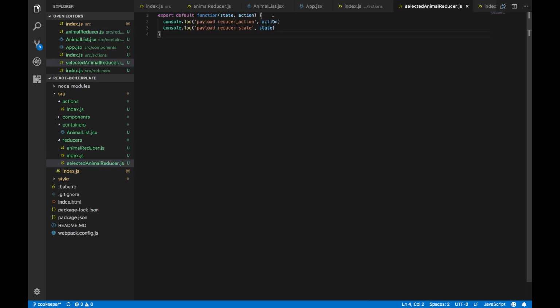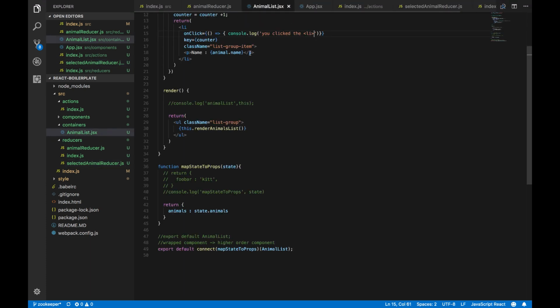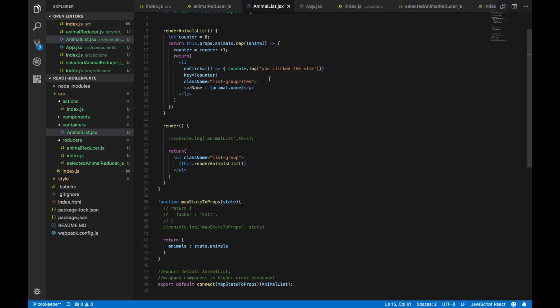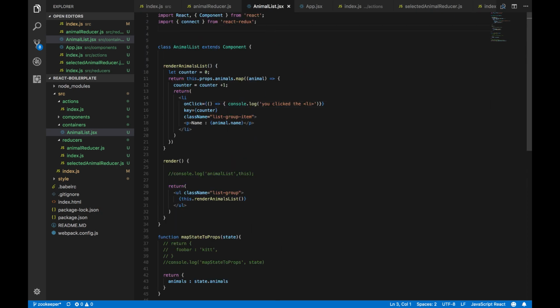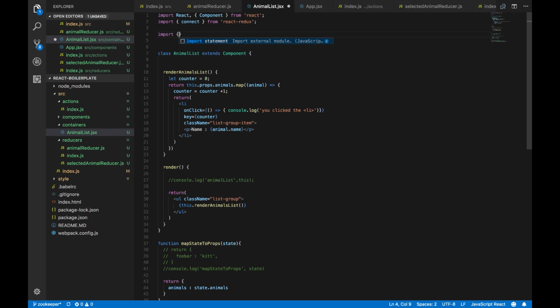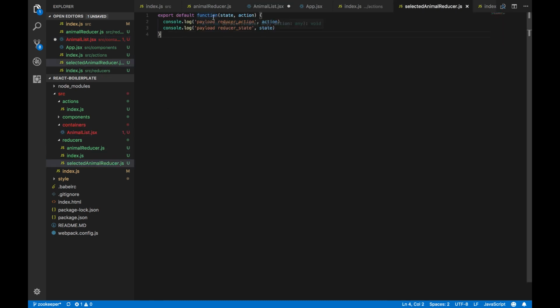And we only have nothing inside except a console log. But how do we reach this and how can we access it in the animal list? To do so, we will firstly need to import it. So we will import the name of the function from the action,